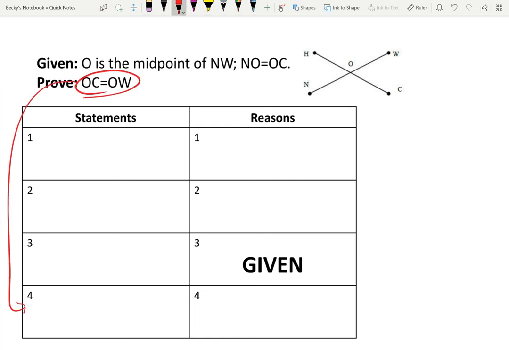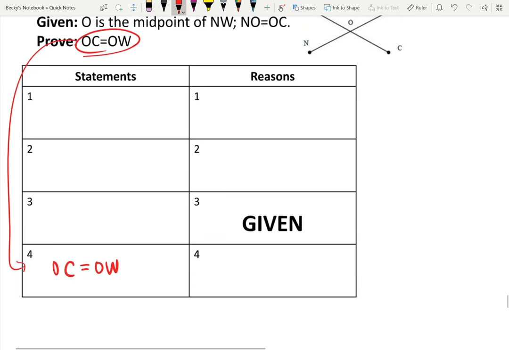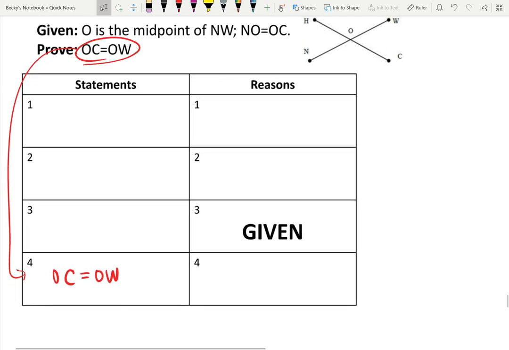So before I even start, I know this goes down here. OC is equal to OW. I know it has to go there. Now, I don't know the reason yet. Okay, so I need to know how to go from step 3 to step 4. So I'm going to leave the blank for number 4 empty for now. Now, I'm splitting up my givens. So let's just start at the very beginning, and I'm only going to write the first given in the first blank. Technically, if you were doing this 100% on your own, you could put everything in the first blank. So I'm going to say O is the midpoint,